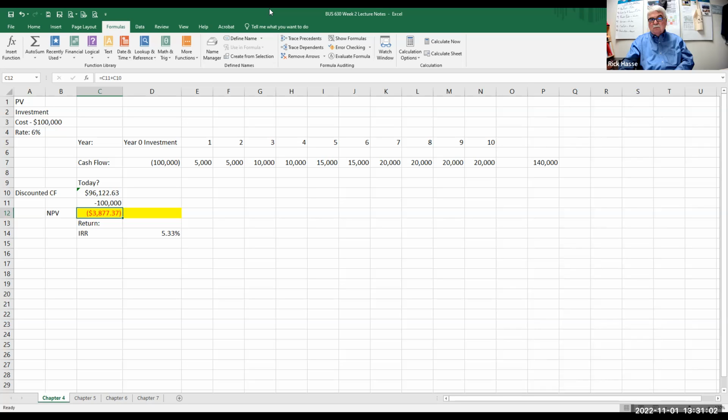Let's say I'm thinking about making an investment of 100,000, and here's the cash flow, and my inflation rate currently is 6%. If I take that 6% inflation rate out to 10 years, is this 100,000 a viable investment? No, it isn't. With the inflation rate, I'm losing money. So the rate or the discount rate determines your profitability and return in an asset.